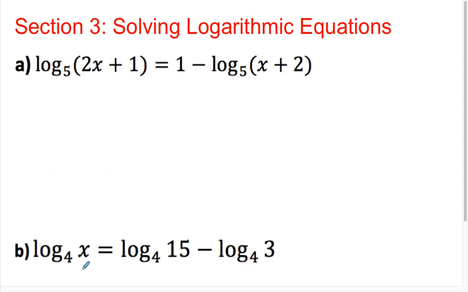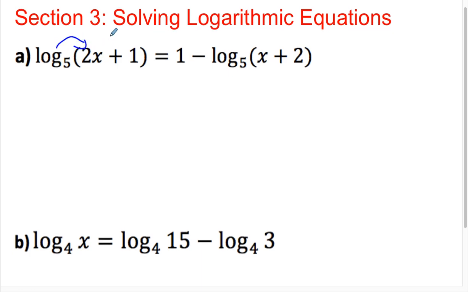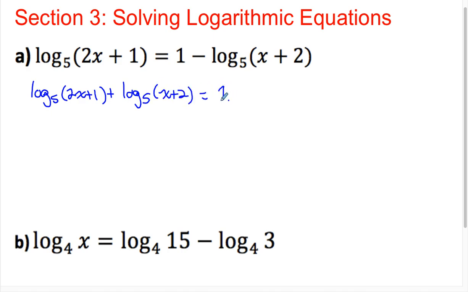Now let's solve some logarithmic equations. So you're going to have to remember your log rules here. So first mistake, do not expand into here. Do not do this, right? This doesn't mean log times this. It's log of this. It's just the argument of the log. So don't do that. What we're going to want to do is bring all the expressions with a variable to one side. So I'm going to leave the log base 5 of 2x plus 1 on the left, and I'm going to bring over the other log base 5 of x plus 2, and I'll leave the 1 on the right side